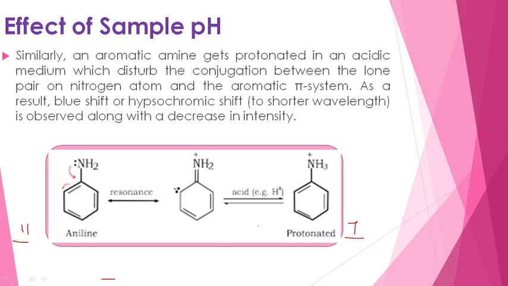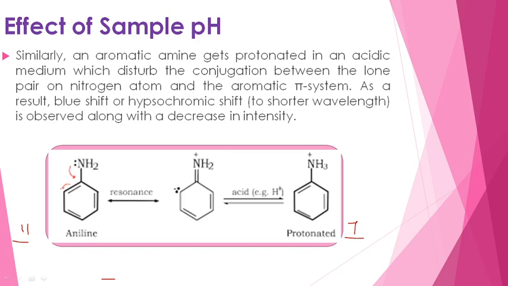As the pH decreases, what about the lambda? In the earlier slide, we were given the statement that as the pH increases, lambda max increases. Here, as the pH decreases, you will experience the lambda max also decreases, that is, you will find a hypsochromic shift. The wavelength can be shifted to the shorter value side.